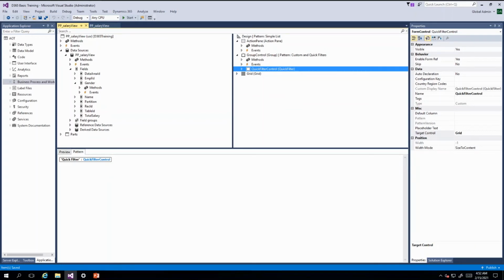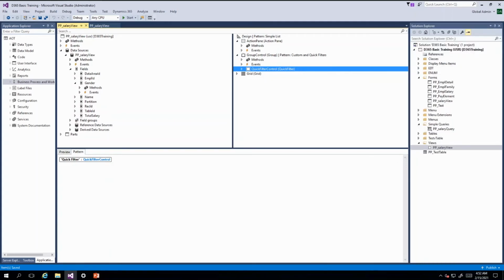Now I will create one display menu item. Why I need display menu item? Because I want to see that in the screen. So to add anything on a menu, I need a menu item.